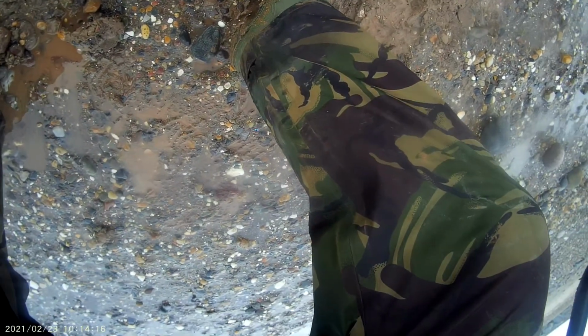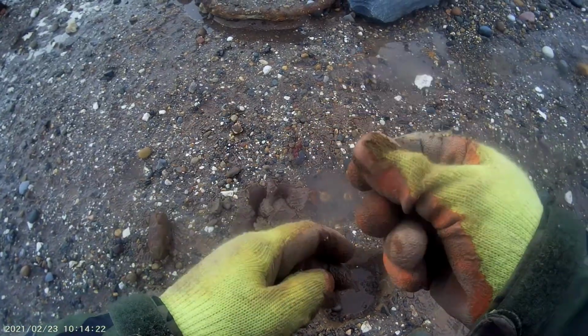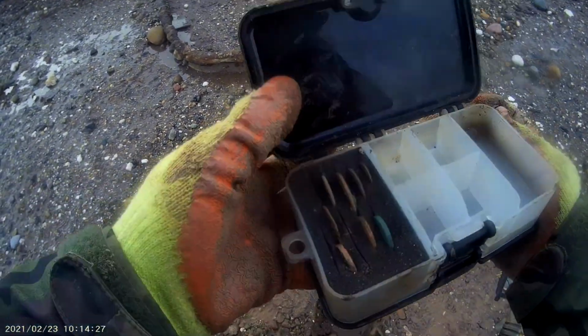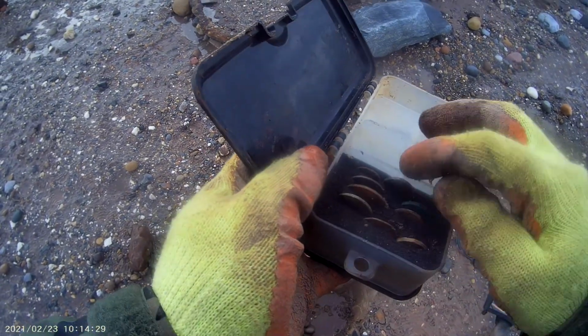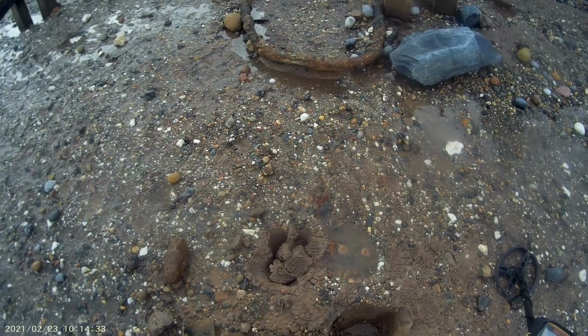There it is on the surface. Another threepenny bit. It's hard going to dig them, but all the time I'm finding